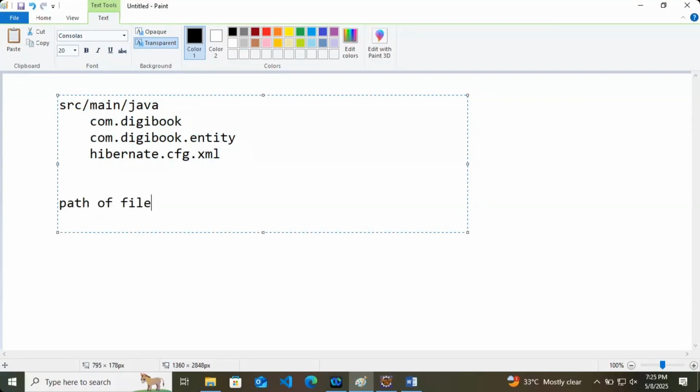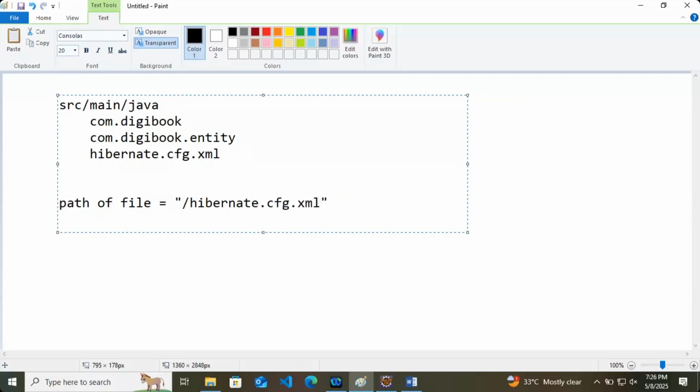Then the path of the file is very simple. src main java is accessible with a slash. Whenever you write a slash, you are talking about src main java, and then your file name, hibernate.cfg.xml.